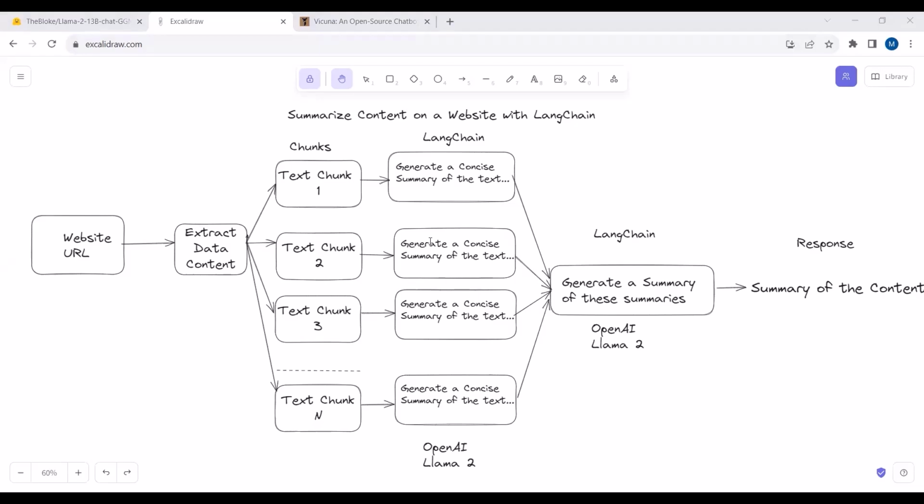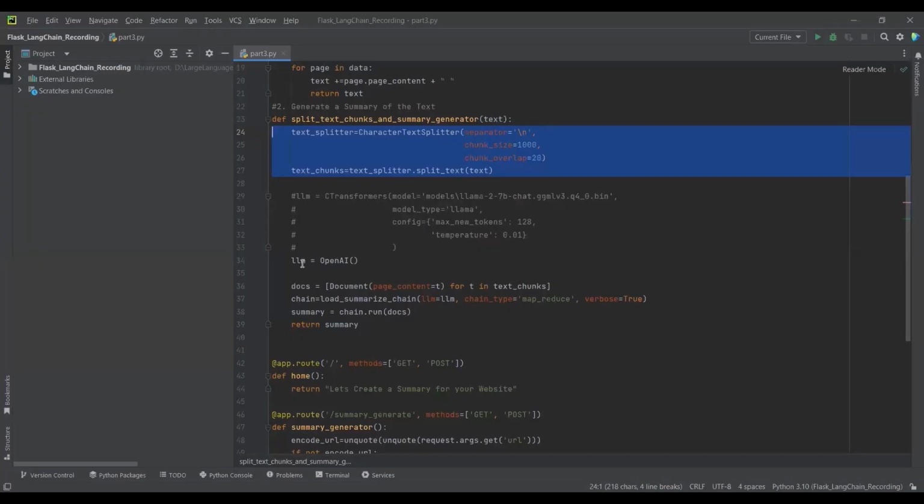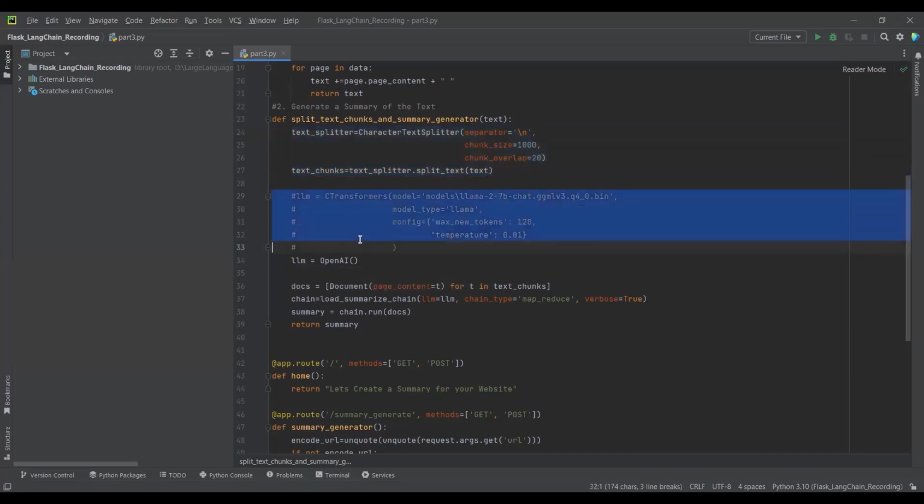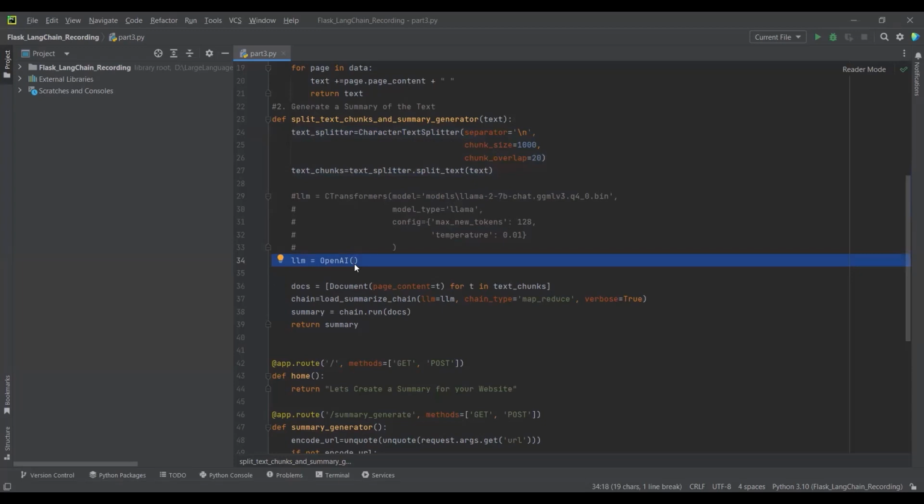First of all, I'm initializing my Llama 2 model over here. You can see here I've initialized the Llama 2 model, and here I've initialized the OpenAI model wrapper. Here we are using a quantized version of the Llama 2 model, and the quantized version is in the .bin format. Okay. So if I just show you,